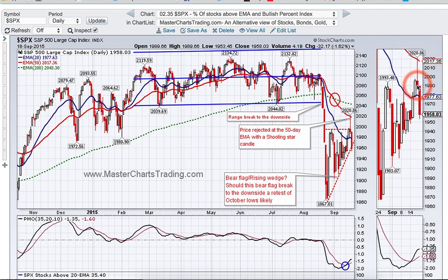So what happened is price opened here at the top. Throughout the day it spiked above the 50-day moving average. Around here, the Fed was announcing that they were going to keep interest rates unchanged, and then it just sold off throughout the day and finished the day lower than the open. So this is a classical shooting star candlestick. By itself, it's not that big of a deal, but the next day you can see there was a clear confirmation as selling continued. In fact, we had a 1.62% loss on Friday.